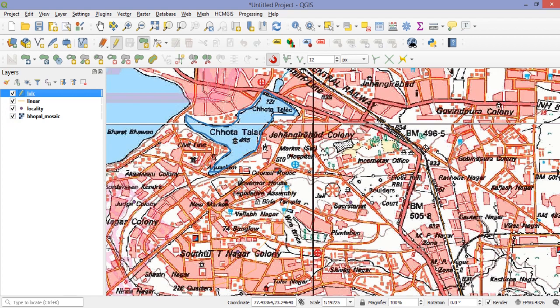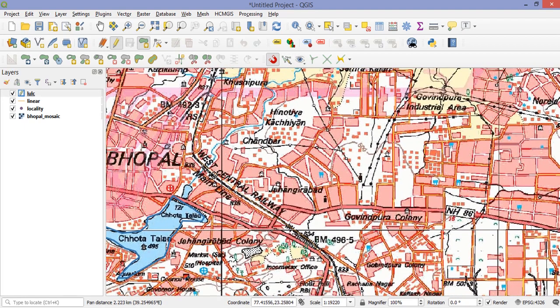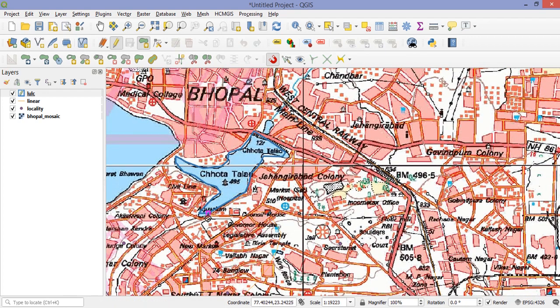Now there is a very interesting feature in QGIS while creating a polygon, and that is avoid overlapping. And how to activate that? Click on snapping toolbar, open the snapping options, advanced configuration, click on this eye symbol and click on avoid overlap. What this tool does is, if you want to create another polygon which shares a boundary with this polygon, then you need to keep in mind that this boundary with another polygon should not overlap.